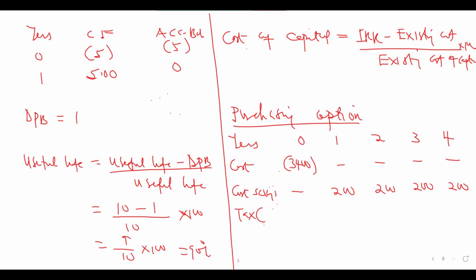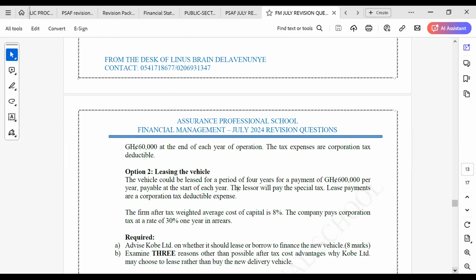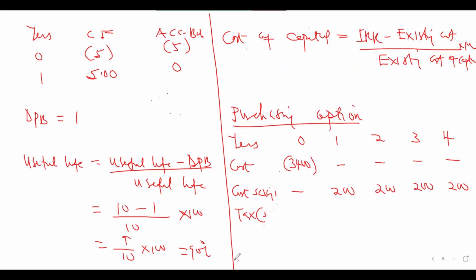What is the tax rate? 30%. So 30% on that will give us what? $60. Okay, so 60, 60,